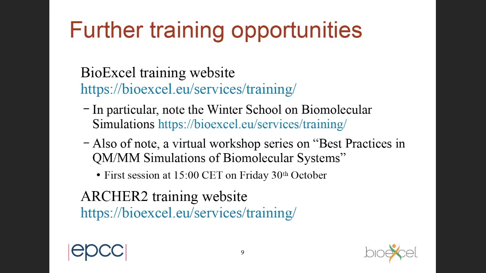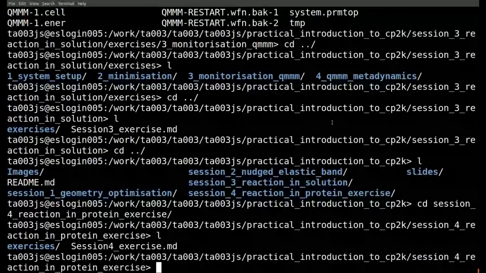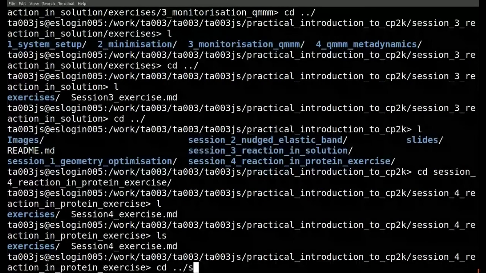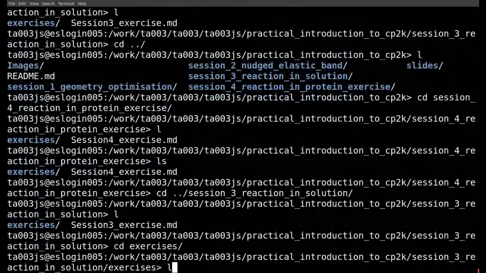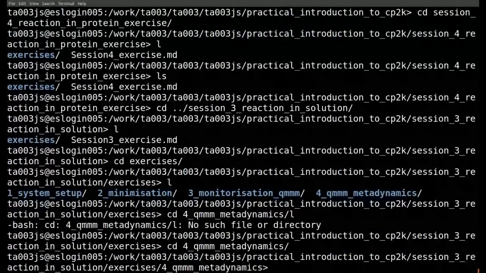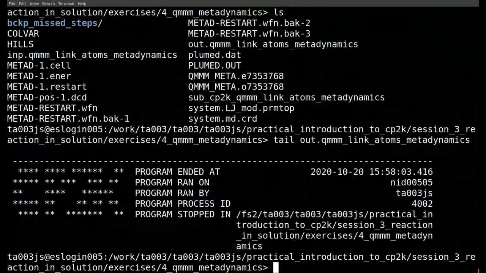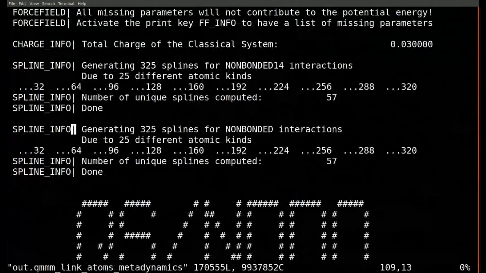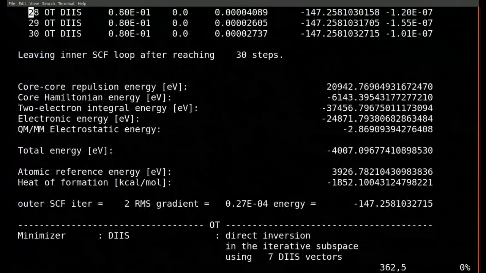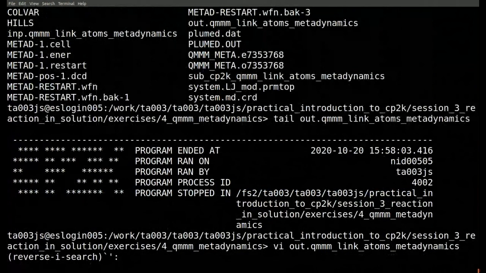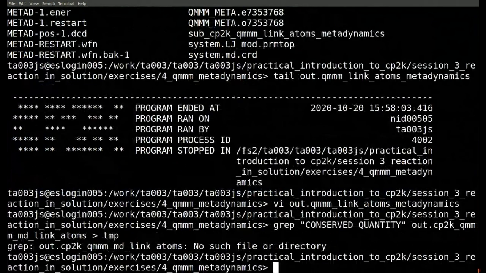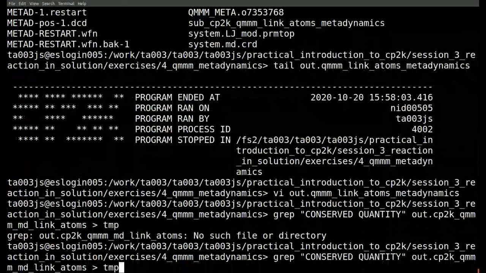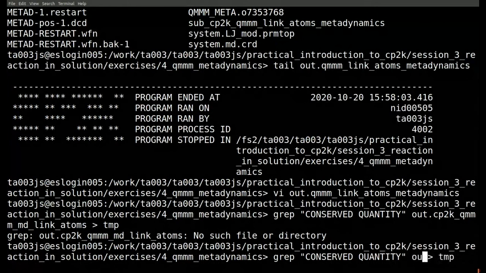So with that, I think I've spoken for enough time and my simulation's probably finished. So very quickly, let's go back to here. I'm not in the right directory. And there you can see the simulation's finished and it hasn't crashed this time. Fantastic. Again, this will look very similar to the last one, and indeed, I'm going to do exactly the same treatment as I did last time, maybe with the correct input,